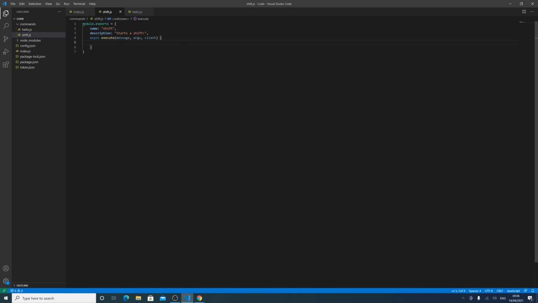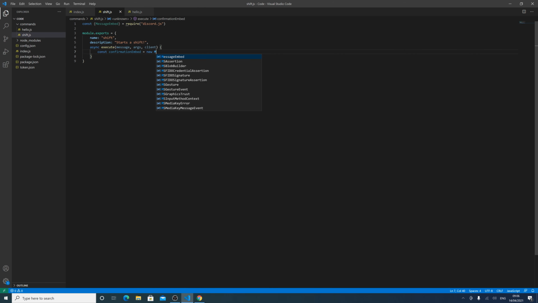So first our confirmation embed is going to be a new MessageEmbed, so const confirmationEmbed, and before we do that we need to actually get the MessageEmbed from Discord.js. So we need to go up the top and do const, we'll just do brackets like this, equals require, and then discord.js. Then we can easily do new MessageEmbed,